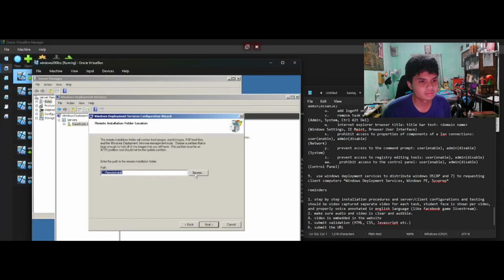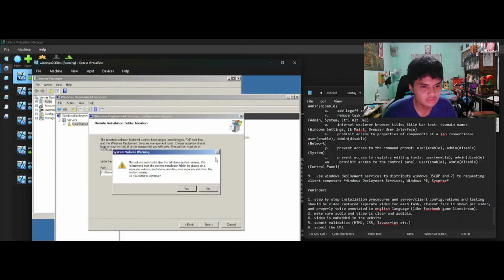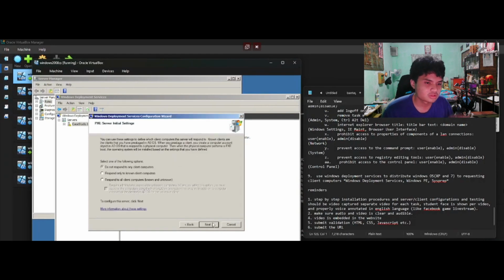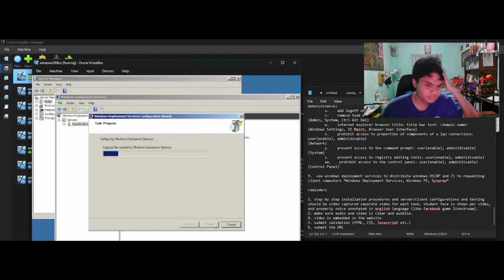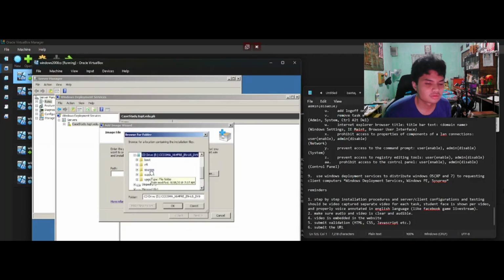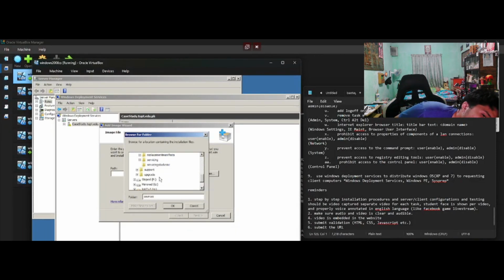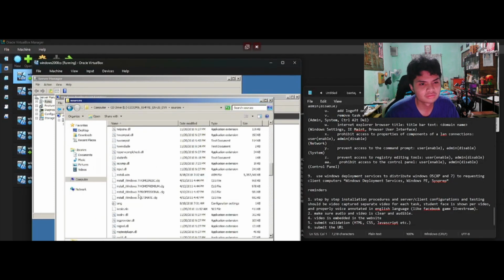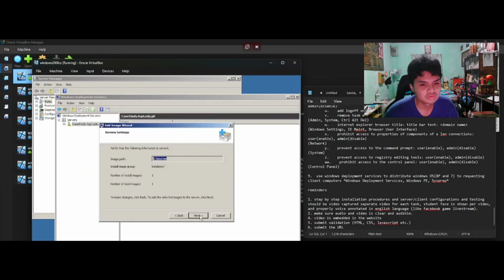Now the case study server is already inserted. Just need to put remote install in the D drive. Then check do not listen in the configuration, because it's going to bug if we do not check those. Next, browse. Then you need to find the Windows 7 ISO and insert it, then put the sources folder there, then put an image group there, create an image path source, then put Windows 7 Ultimate.